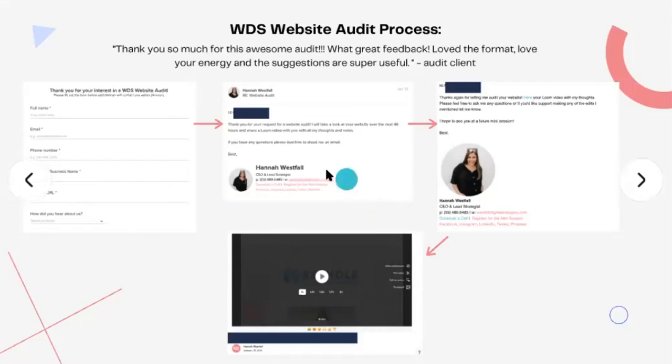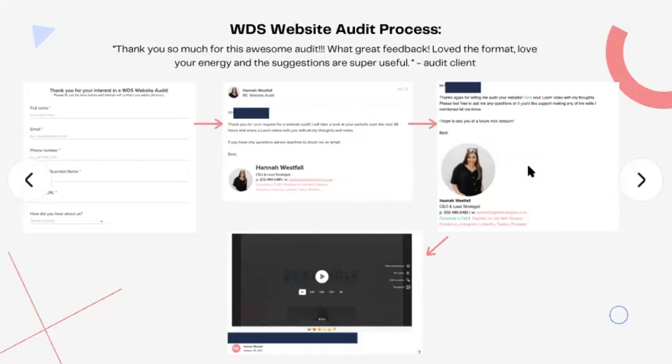And then I send them this email, and it's automated on my end, which is great because it helps me to connect with them immediately and let them know that I received their request without me having to sift through all of my emails constantly. So it lets them know, hey, this is what you're going to expect. You can expect it within the next 48 hours. And it's just a general, kind and engaging email that's not super overwhelming.